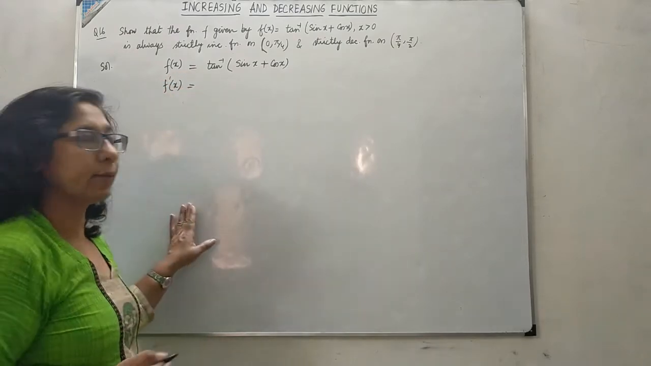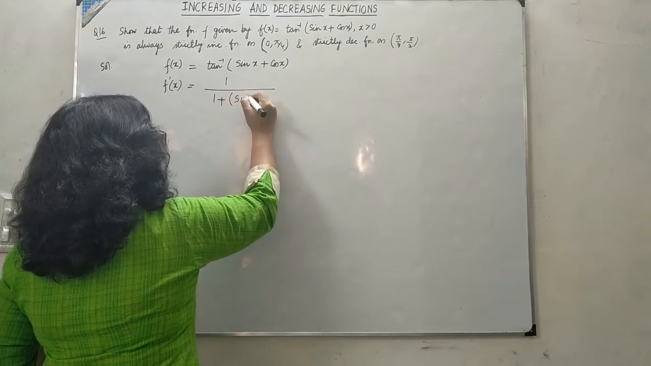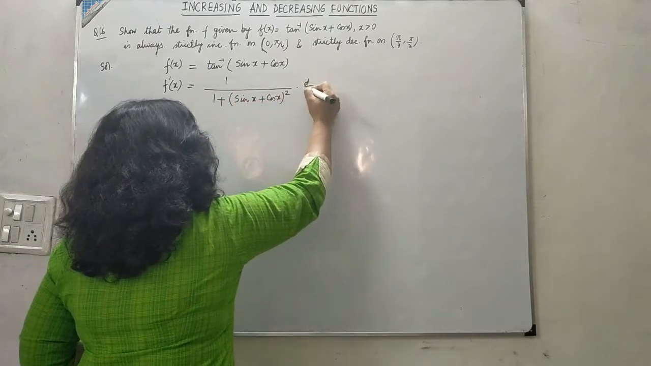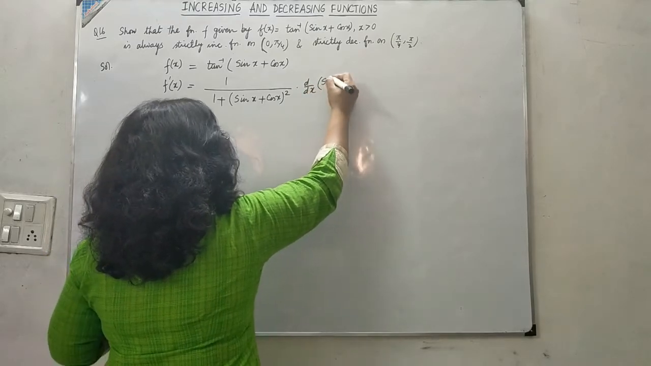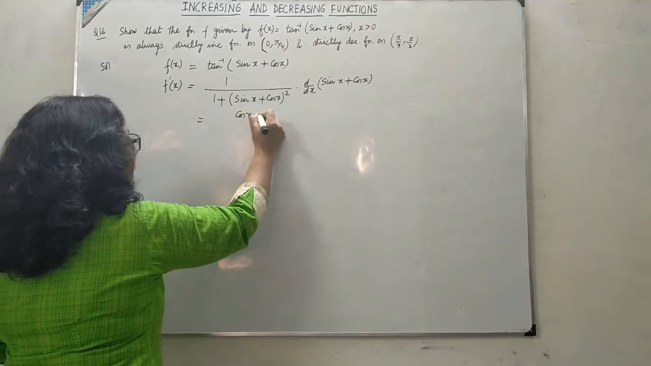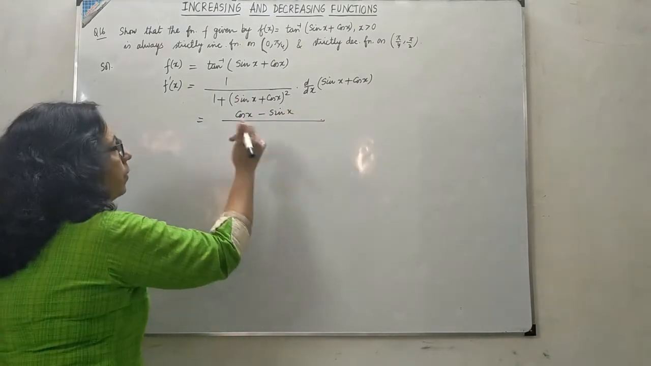The derivative of tan inverse x is 1 upon 1 plus x square, so I apply the same with the chain rule, into the derivative of sin x plus cos x. So now we have cos x minus sin x divided by, you can simplify if you want,